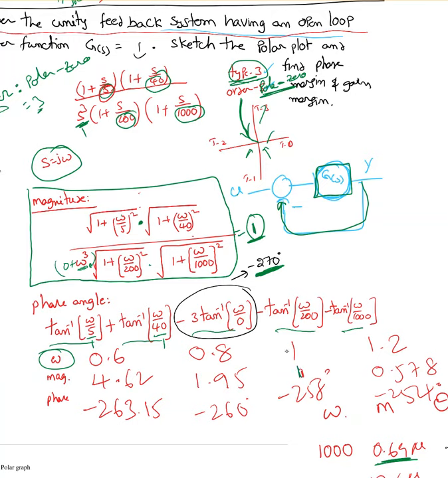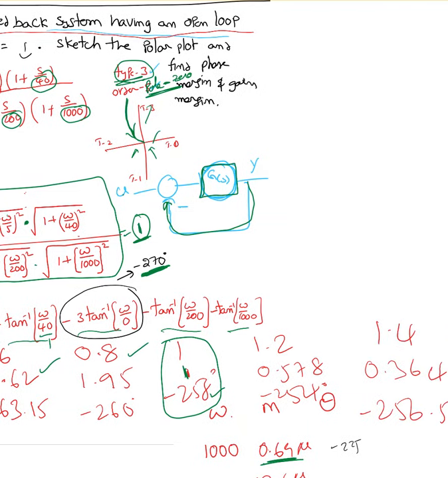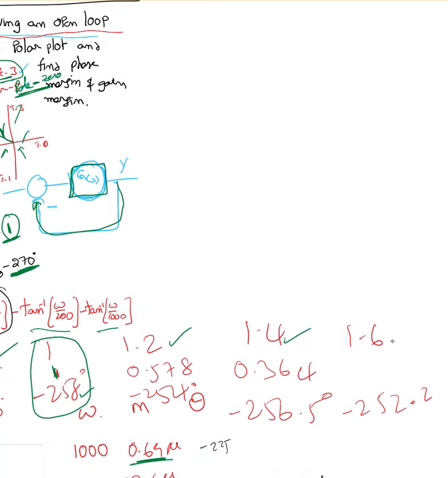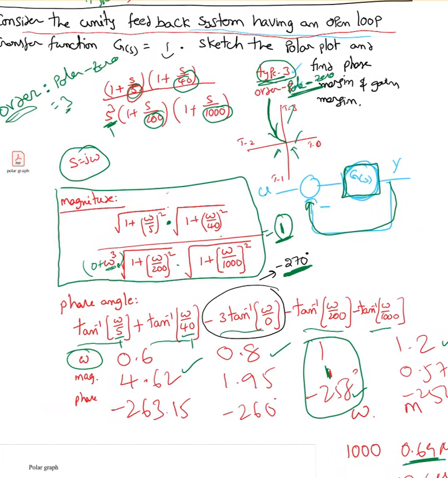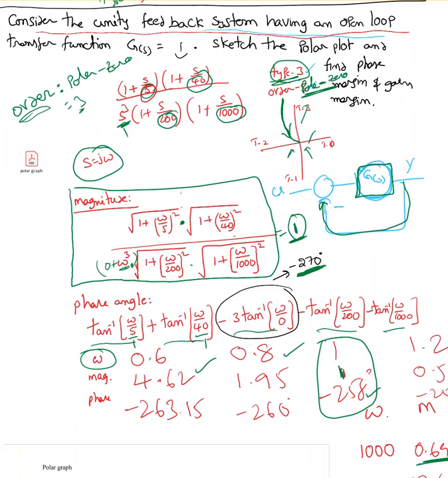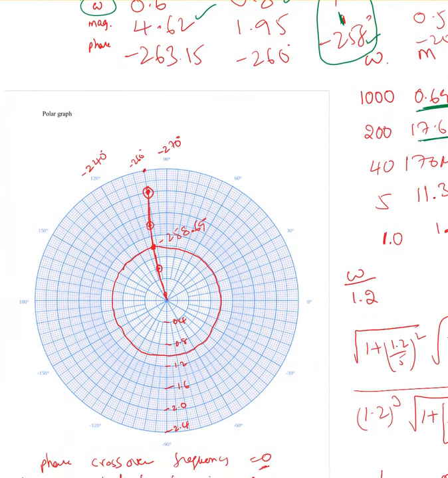Okay, so I chose that number, and I substituted omega equal to 1 in this equation. I end up with a phase angle of minus 258 degrees. Based on this, I end up finding values for 0.6, 0.8, 1, 1.2, 1.4, and also 1.6. Okay, those are the numbers. I found the magnitude. Now to draw the polar plot,